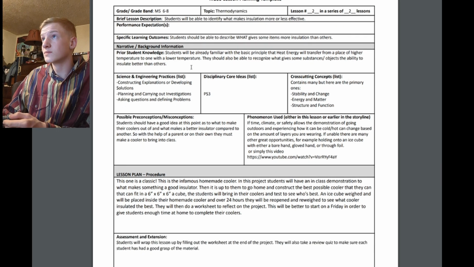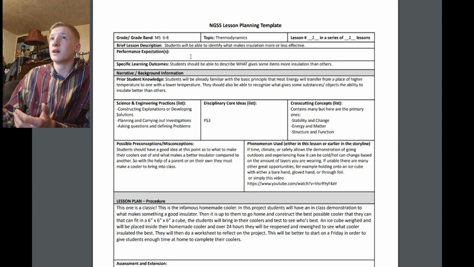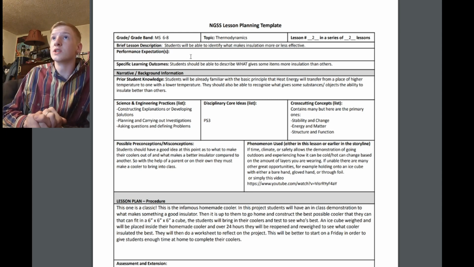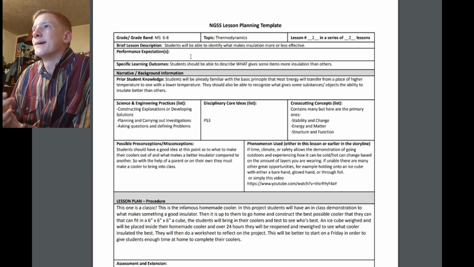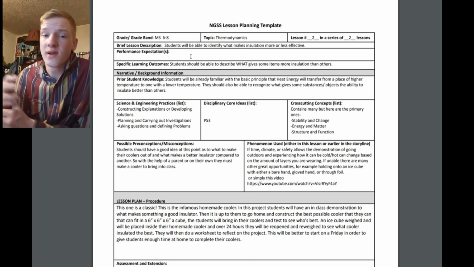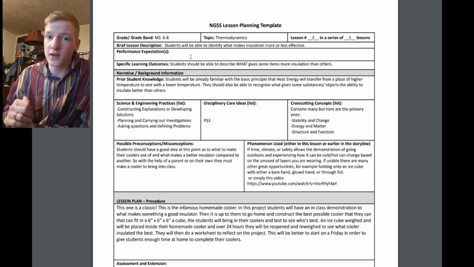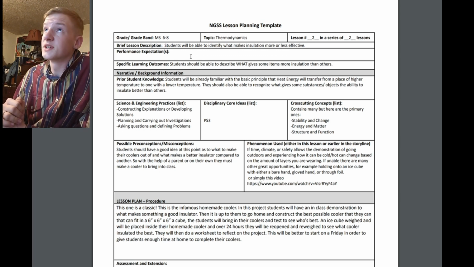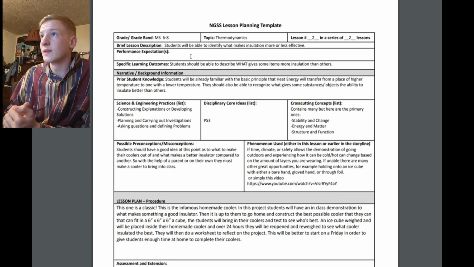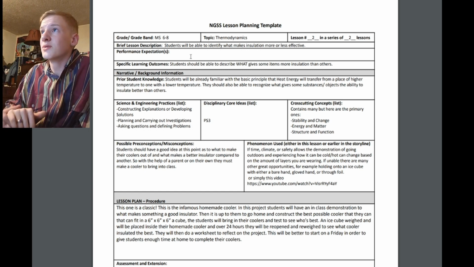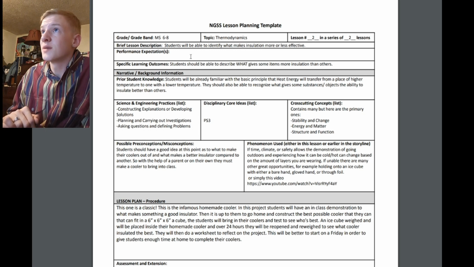What would I do differently? I definitely would use more resources provided to me. I kind of reinvented the wheel here and did this all from scratch. I know you showed us a website of the NGSS standards, and I went back and looked at it. In hindsight, there was one that kind of had to do with insulation of cups. I mean,